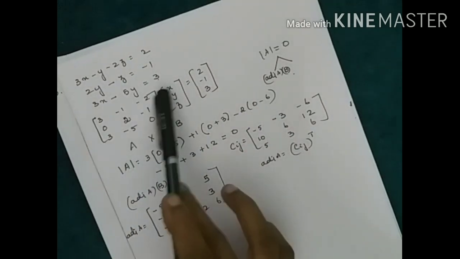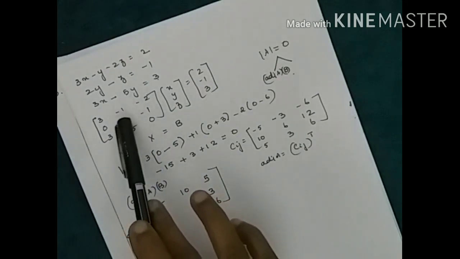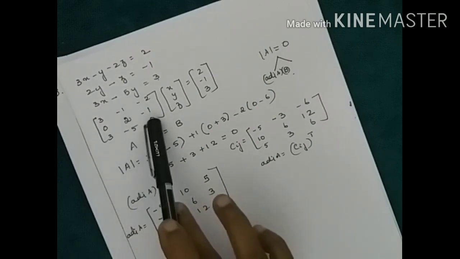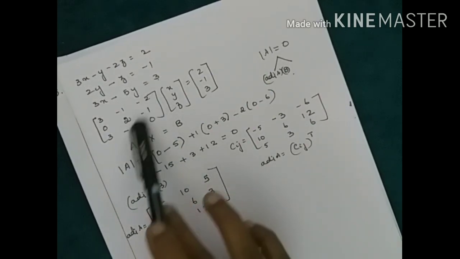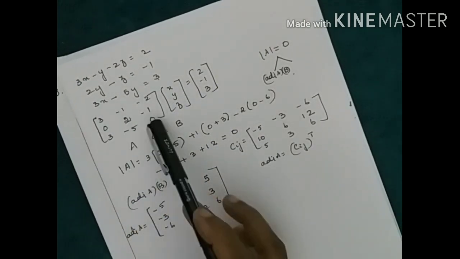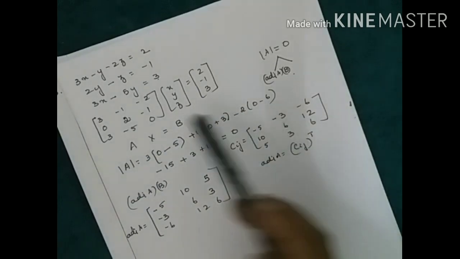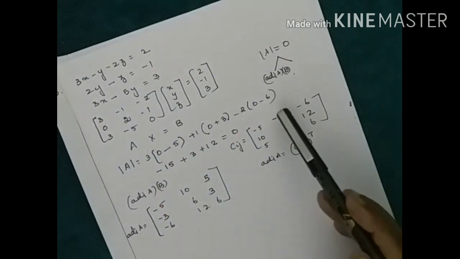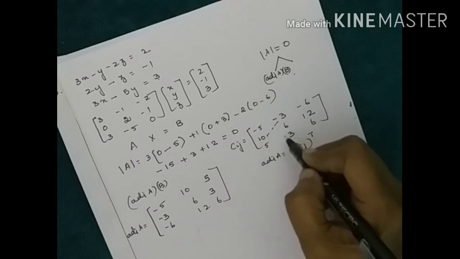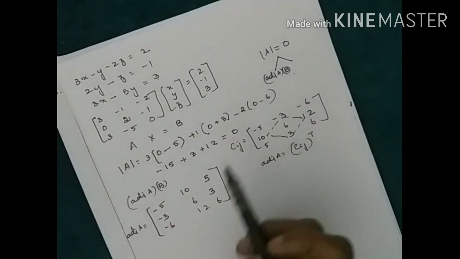The first row, 3. Cut the first row, first column. So you are having 2, minus 1, minus 5, 0. Multiply 0 minus of plus 5, so it is minus 5. The cofactor of minus 1 is 0 minus of minus 3, so that is equal to plus 3. But this is in the odd place, so you have to change the sign. All these places we have changed the sign. Remember that all these places they have to change the sign. The minus sign we have to change.